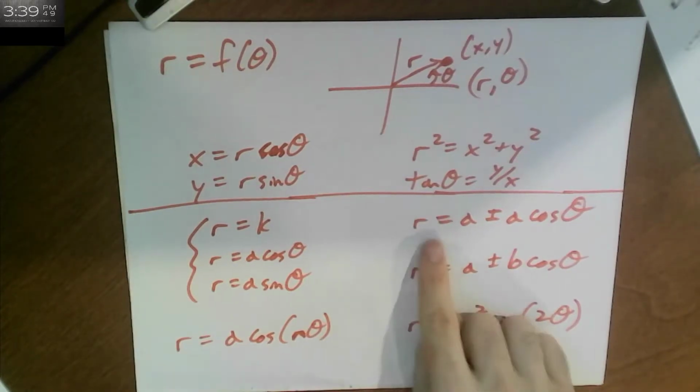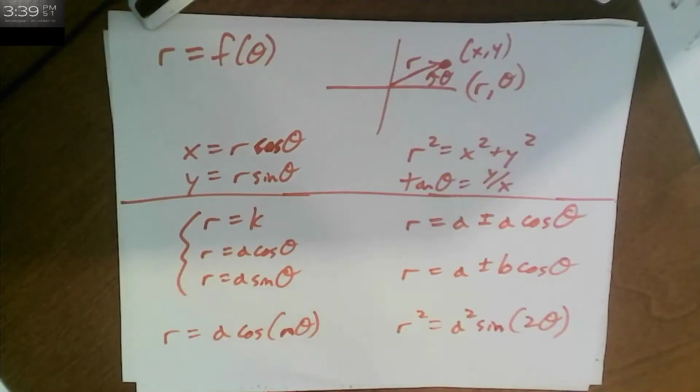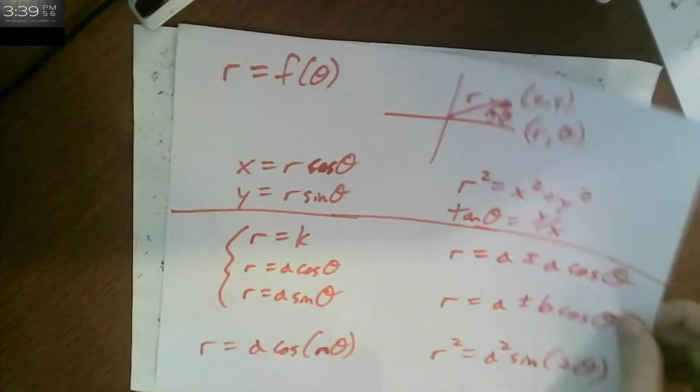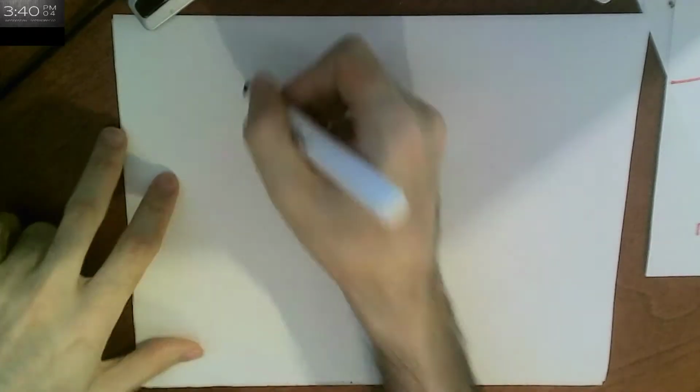Let's look at, say, this one, a plus a cosine theta. Let's do a little sketch, remind ourselves how that works. I'll move it aside. And then I'll bring back the other sheet and we'll actually talk about which shapes they all are. So as an example that we could do,